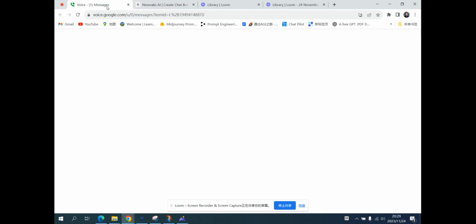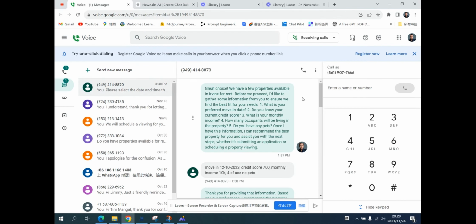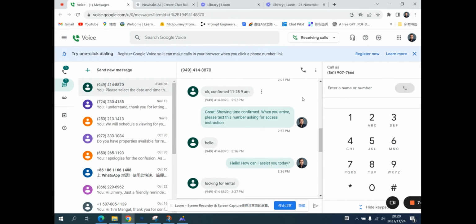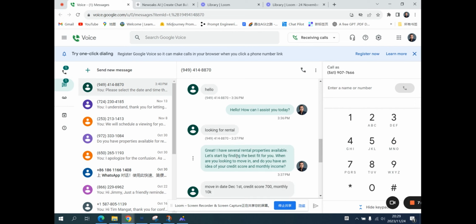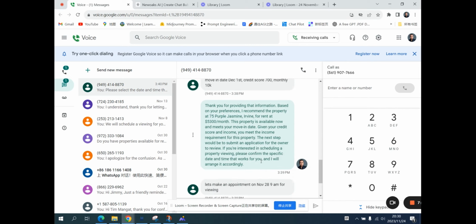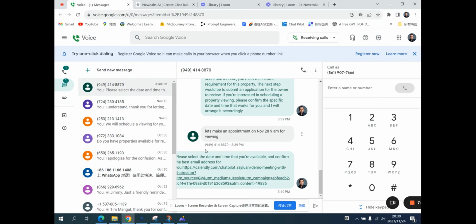And then if you log on to your Gmail, you will see the backend panel is like this. You can actually start the conversation by texting to your Google Voice number. In this case, that's the number. And then you can talk to the chatbot. Here is a use case of a rental, a tenant looking for rental property. And then you can talk to the realtors back and forth, and eventually you can make appointments. And the last step is the chatbot will send out a calendar through a URL link,